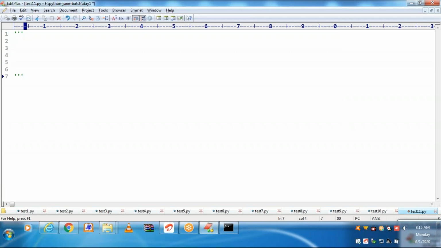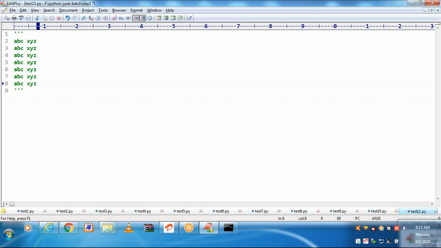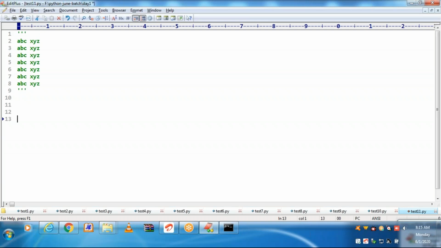In the middle of triple single quotes, whatever content you are keeping, whatever it may be, this content is not considered by the interpreter. Multi-line comments.